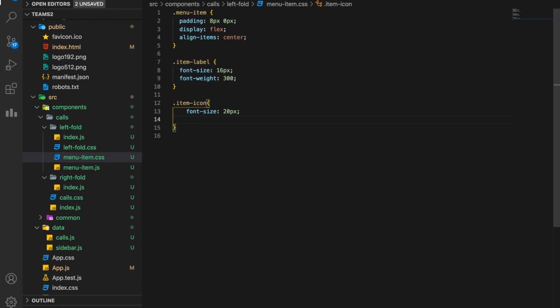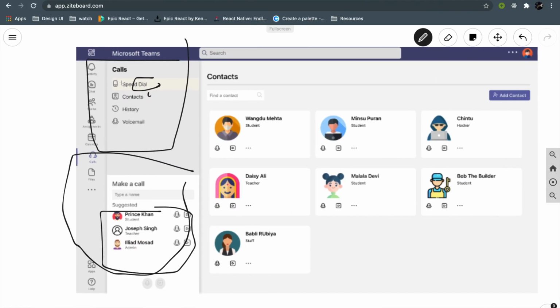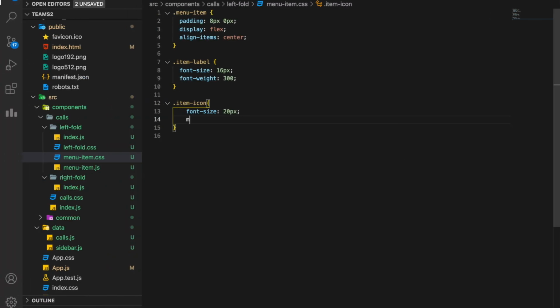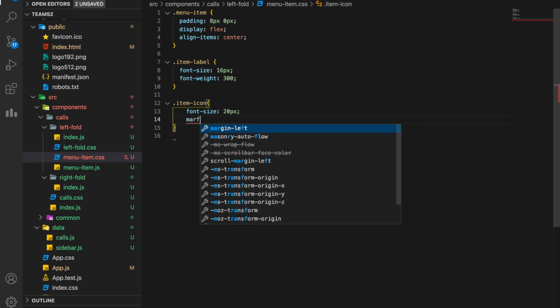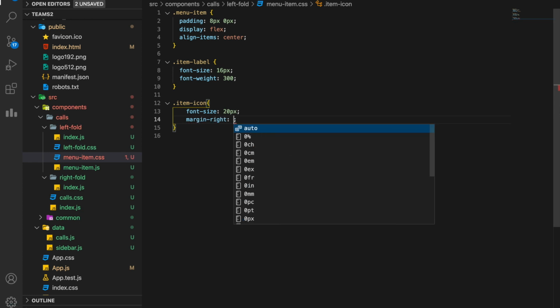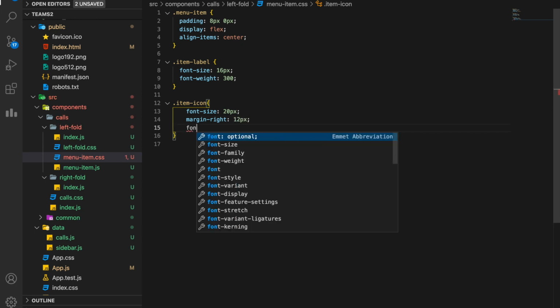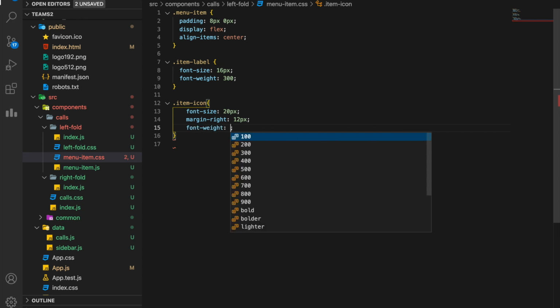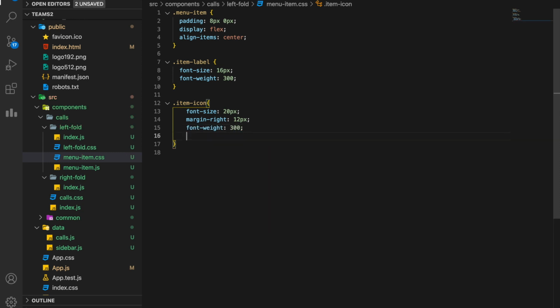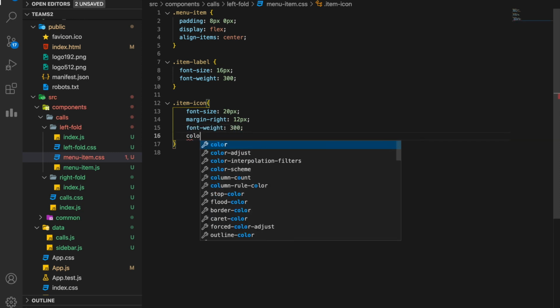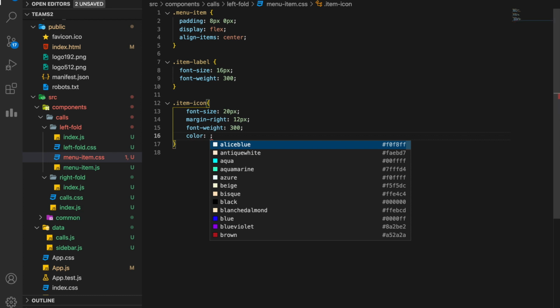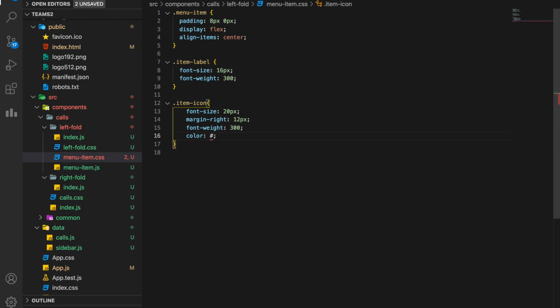I want a margin between this icon and this label, so I will say margin right of 12 pixels, and I wanted to give it a font weight as well, 300. This will most probably won't work, but let's give it a try, and let's give it a different shade of gray, which is 616161.